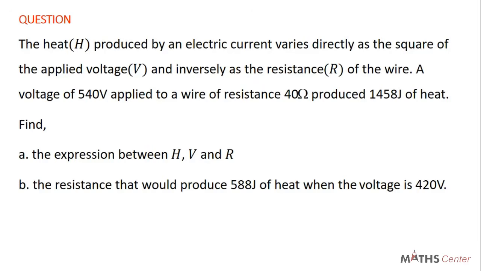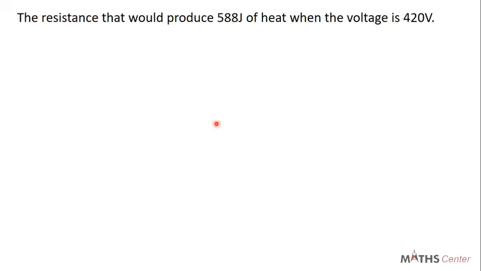Welcome back. We started solving this question in the previous video and we considered the first part, which is the expression between H, V, and R. In this video, we are going to solve the second part, the resistance that will produce 588 joules of heat when the voltage is 420 volts. So if H is equal to 588 and V is equal to 420, we are looking for R,